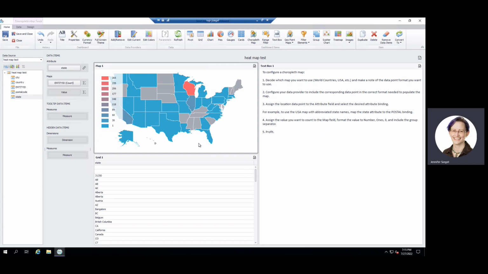I have seen it be problematic if you try to throw too much granularity at it. For example, all of the zip codes in the United States might be a little much. But although with this being a default map, that might work. So if you did maybe all of the zip codes in the state of Texas, for which there's no default map, that might take a little massaging to get it right. But at any rate, that is an example of a choropleth.